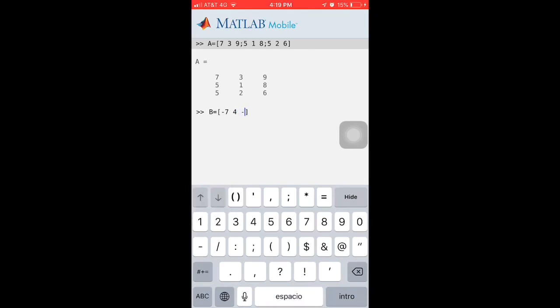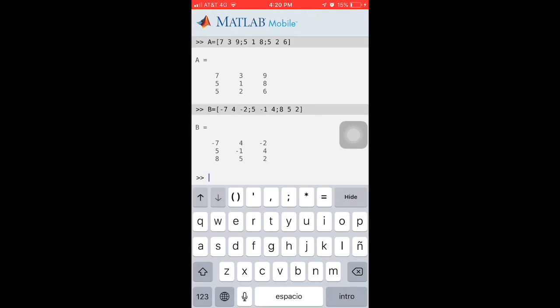And here we need to put again our semicolon so we can do the next line. And here the next numbers will be 5, then -1, and then 4. And again, we need to put the semicolon and put our numbers 8, 5, and 2. And then we need to press enter. And here we have